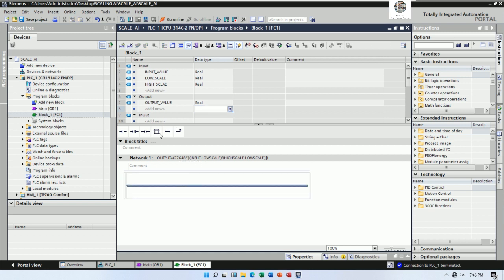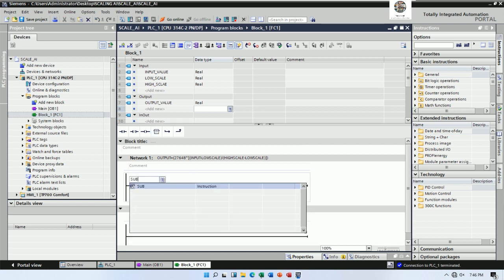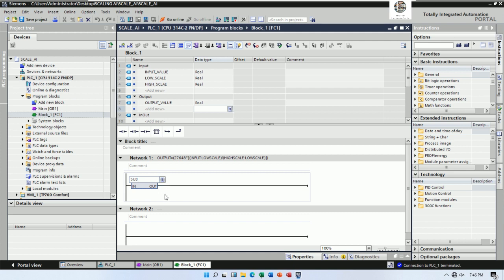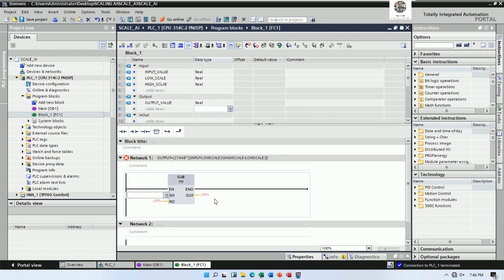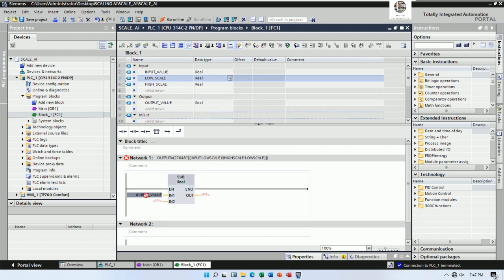So we can use subtract between input. Yes, input. So we can drag and drop the input value here, and then subtract the low scale, right? So low scale here. Okay,